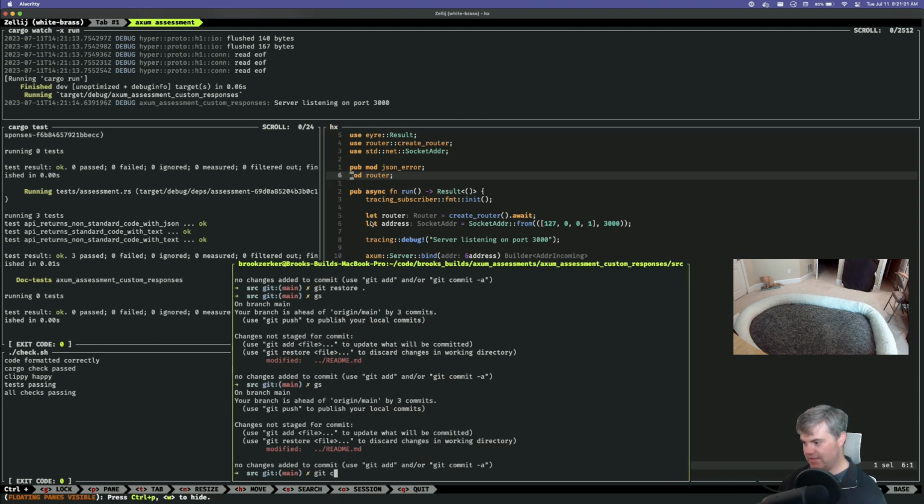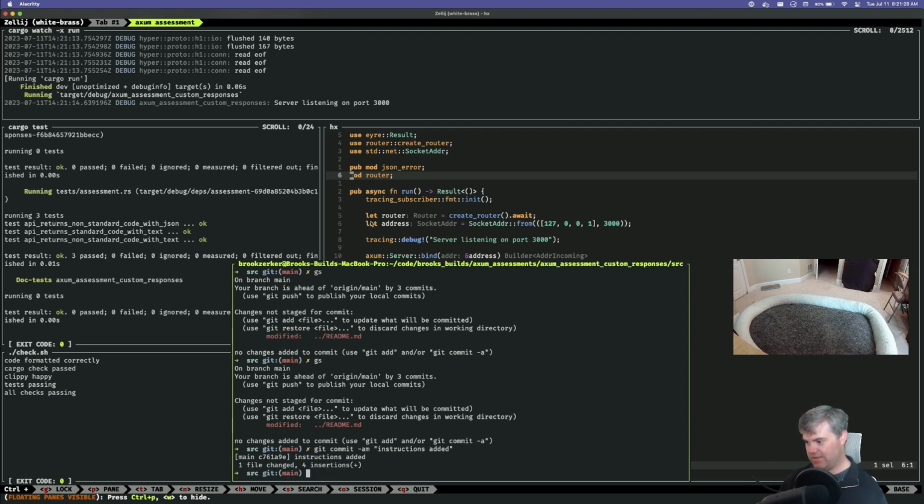Let's do a git commit for the README. So instructions added. At this point in time, do a branch. I guess I could check this out and then I'll push it up too.